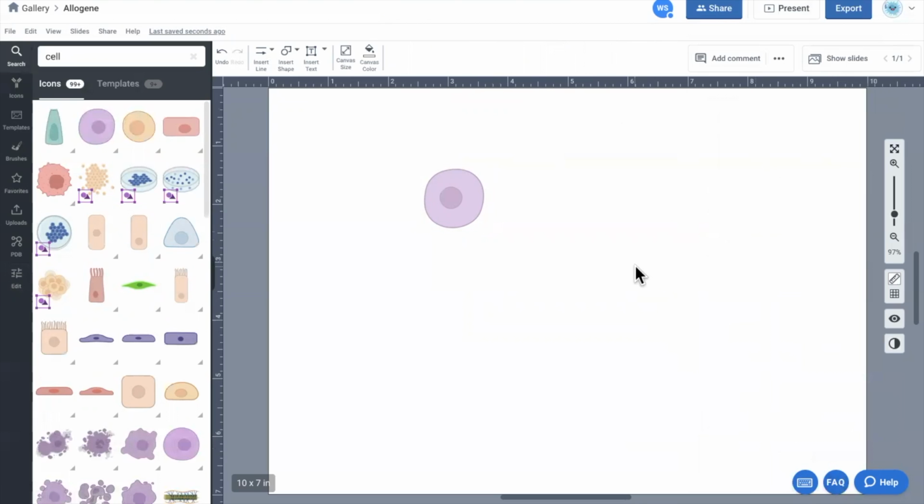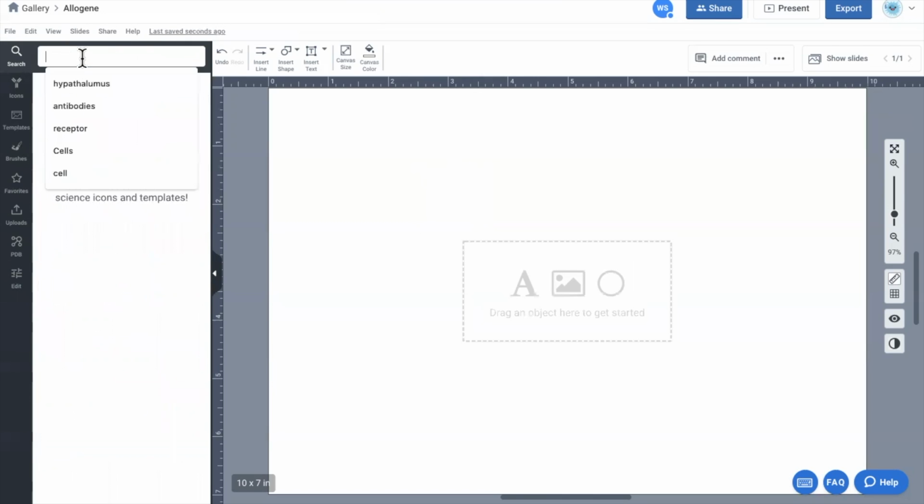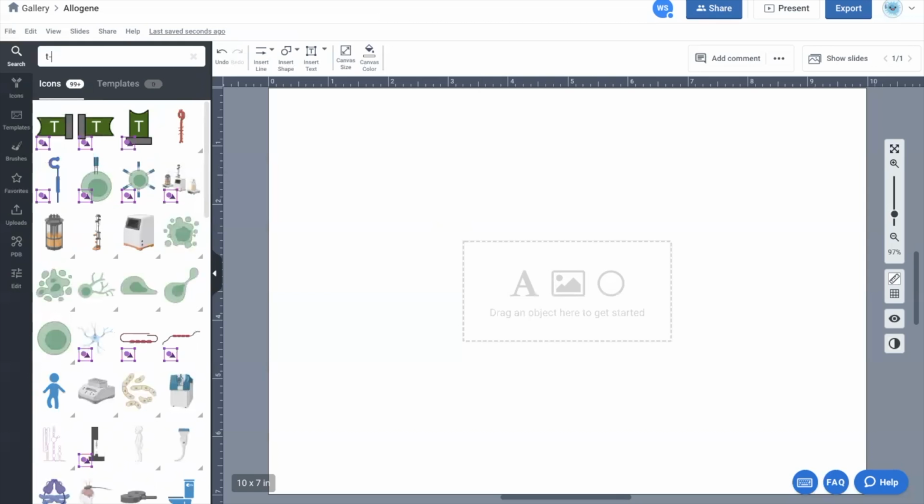So let's say we're creating a diagram that provides a basic outline of how CAR T cells are developed and its effect on cancer cells, to be specific. So first I want to show, for example, how the T cells and an inactive virus combine to create the CAR T cells. So I'll type in T cells here,